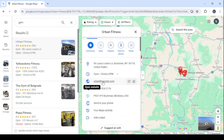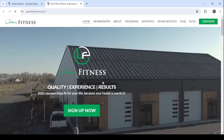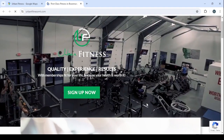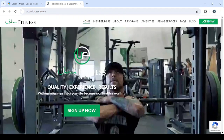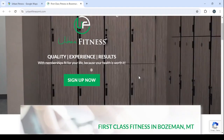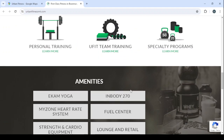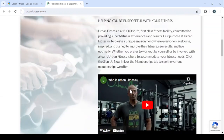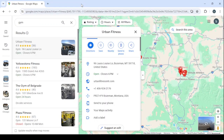So here they have a website. Then we check the website first to see if the website is old or new. If it's old, we can offer to renovate their website, but if it's new, like this one, for example, in here, as you can see, the website is pretty good, is great. Actually, it's great. It has great home and also great features. So we won't need to update anything in here. They won't need any renovation, so let's just skip the website part and let's move on to the